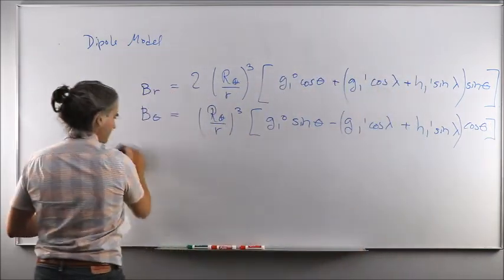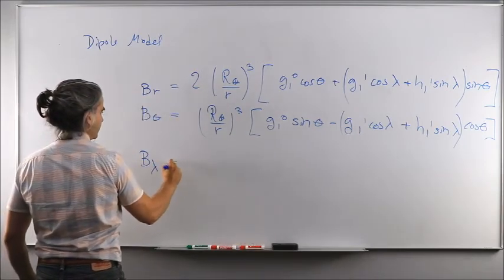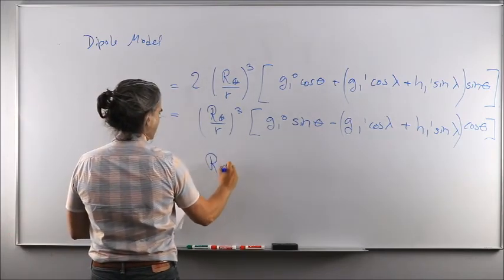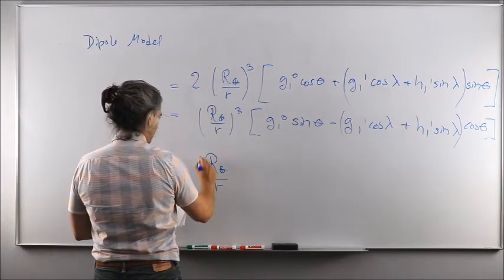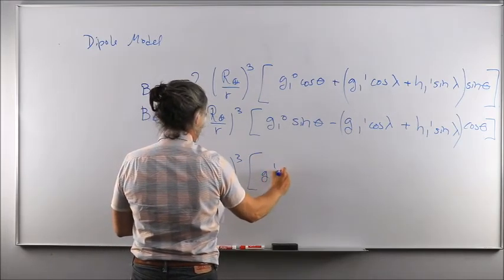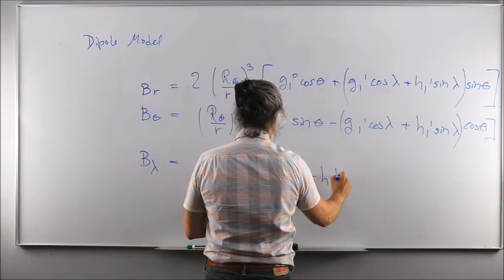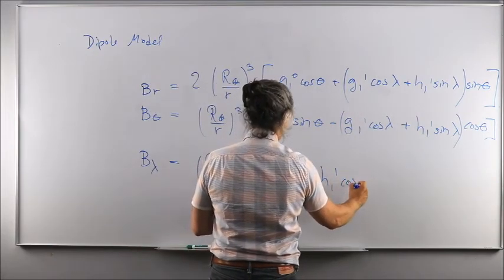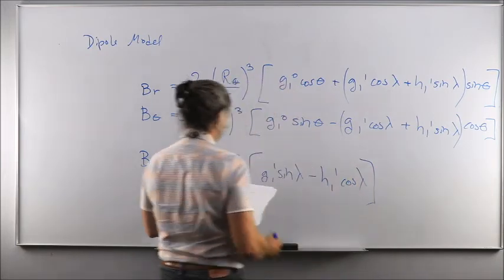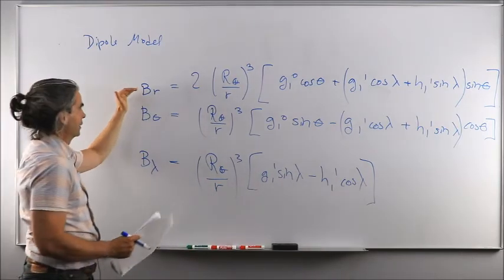And lastly, oh, that's not B_z, that's B lambda, because we're still within that spherical reference frame. It's going to be our Earth over distance cubed times G11 sine of longitude minus H11 cos of longitude. All right? So now we looked at 3 different ways to obtain the